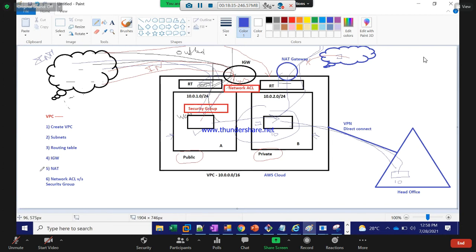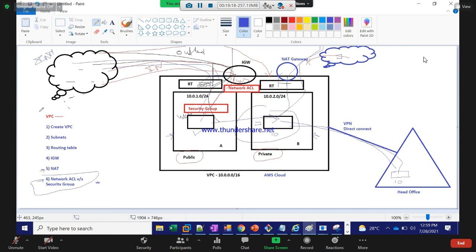We were testing the NAT, and suddenly the power went down, and that lab got disturbed. NAT is the same as an IGW. You just need to bind that NAT to the routing table, and then you can access. And lastly, the network ACL versus security group. I need some good time for this one. So we'll see this lab mostly tomorrow, because this lab is a little bit lengthy, it requires one hour. We need to build everything from scratch.